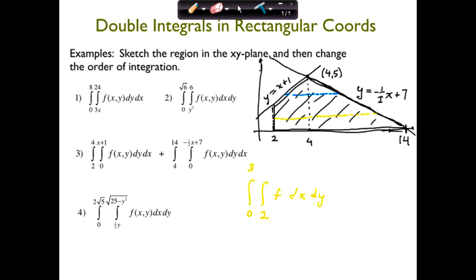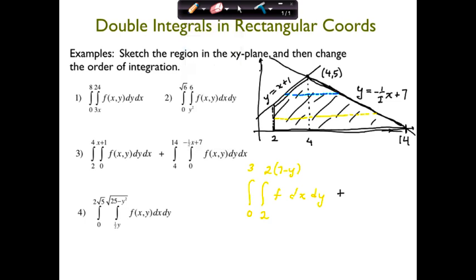So as y goes from 0 to 3, x goes from 2 to this x value. I think it's 2 times 7 minus y, is that right? No, because I switched, so it's 7 minus y, so y minus 7. So negative 2y plus 14, is that what you got? Okay, then plus